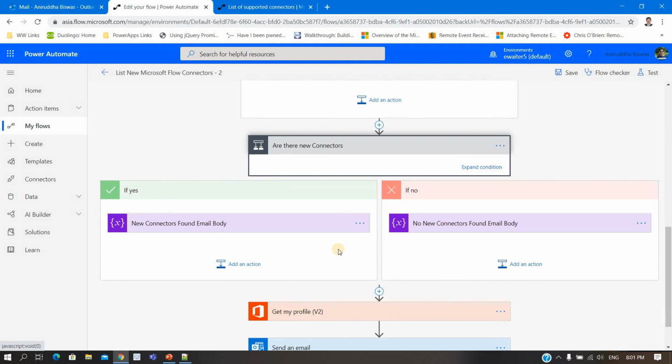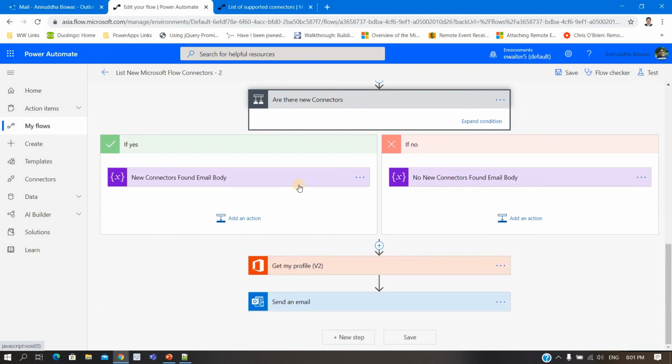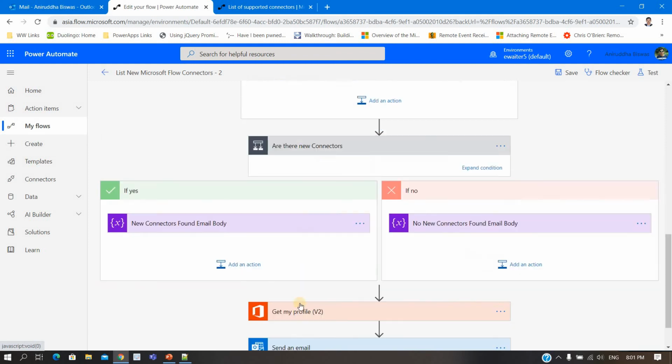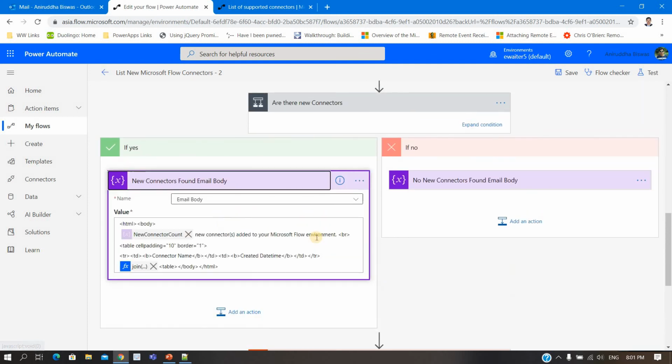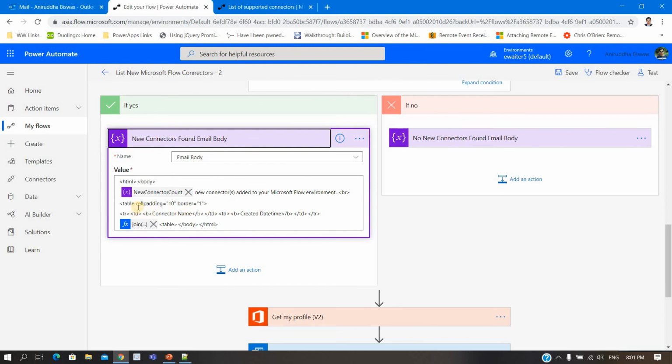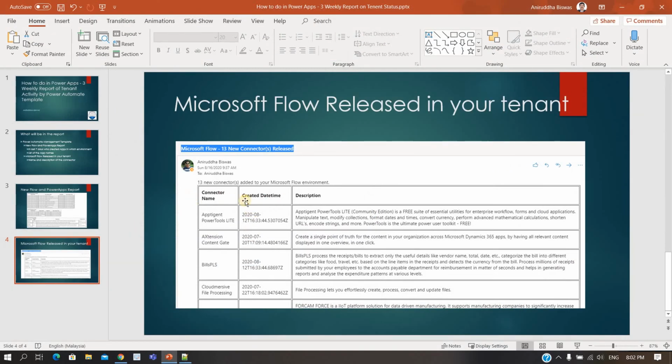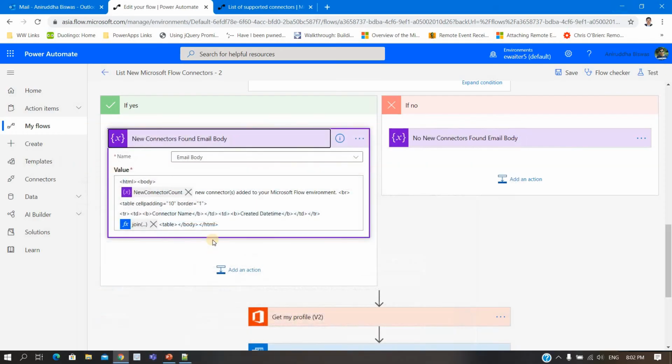Then another thing: it is not all. Here I need to change the mail body. First, this is the row. So it is connector name, then created date, then I need to put the description in the third column.